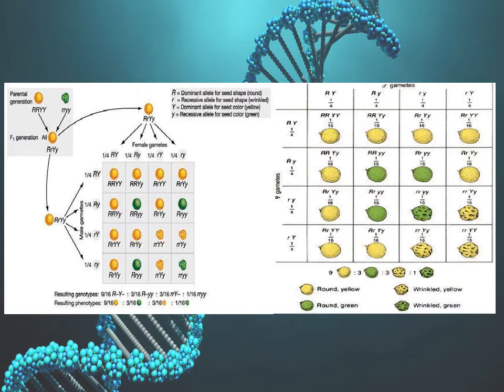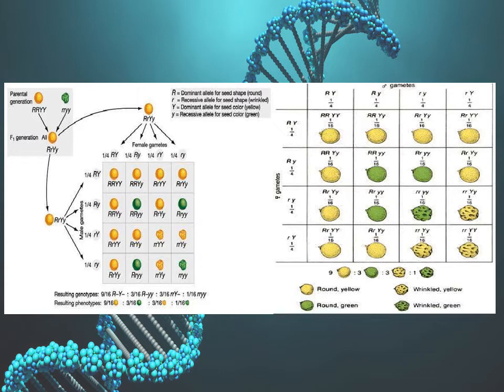When the parental generation was round yellow and wrinkled green, they got the F1 generation as all round yellow seeds, and from there they self-pollinated and got the ratio as